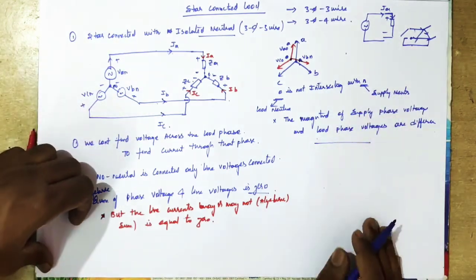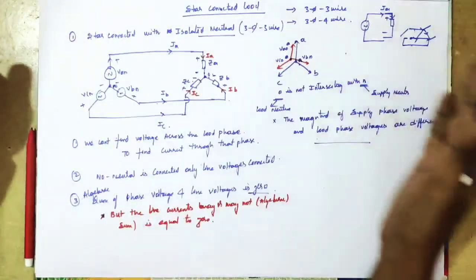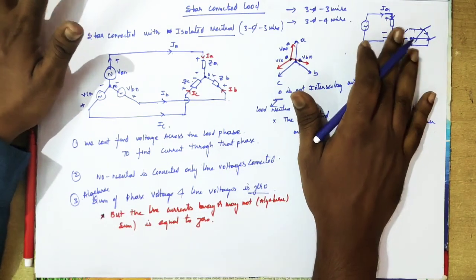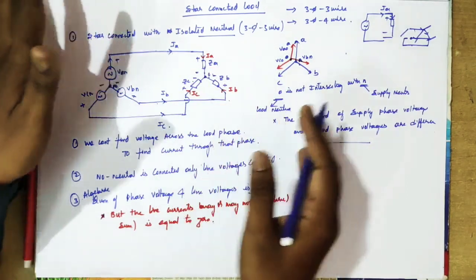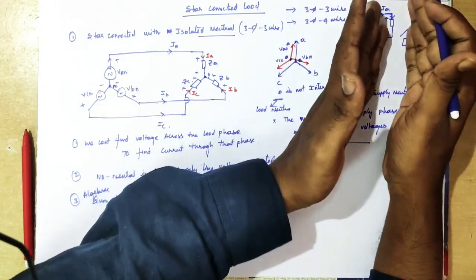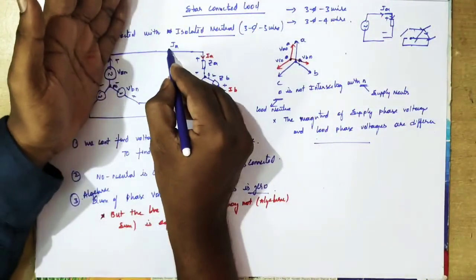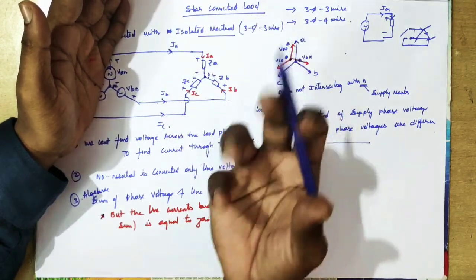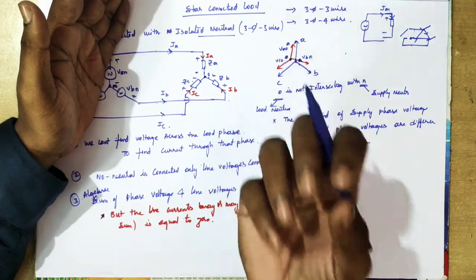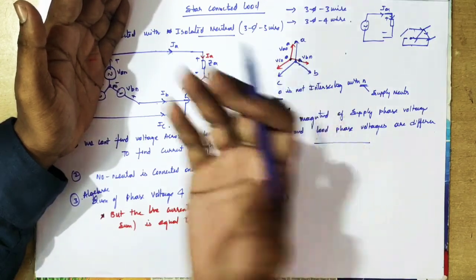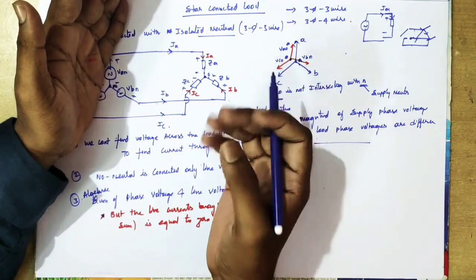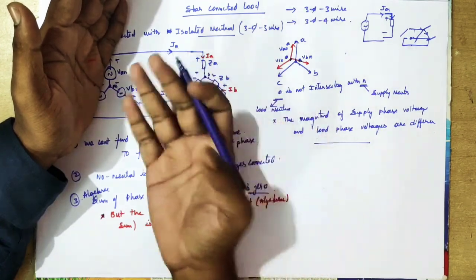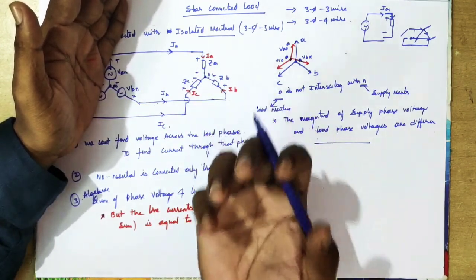Now, our prime requirement is to find the load currents IA, IB, IC. Whatever source you keep, whatever load you connect, our ultimate aim is to find how much current the load is drawing. If we find the current it draws, then only can we know how much power it is utilizing, that is, how efficient the load is and how efficiently the source supplies the load. Our prime thing is to find the load currents, that is the current the load absorbs from the source: IA, IB, IC.